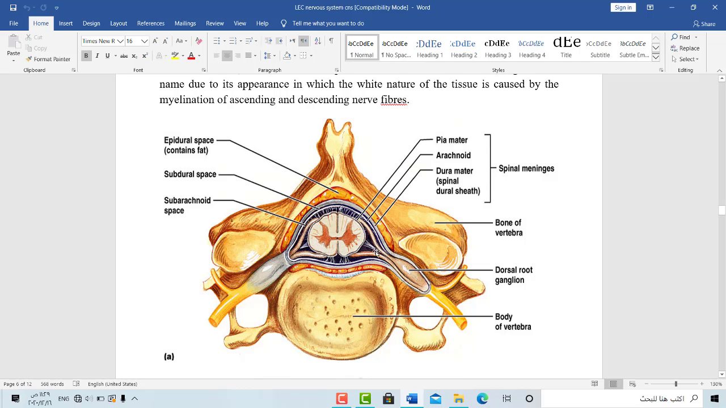These are the roots, the dorsal roots. This is the dorsal root and the anterior root. This becomes the